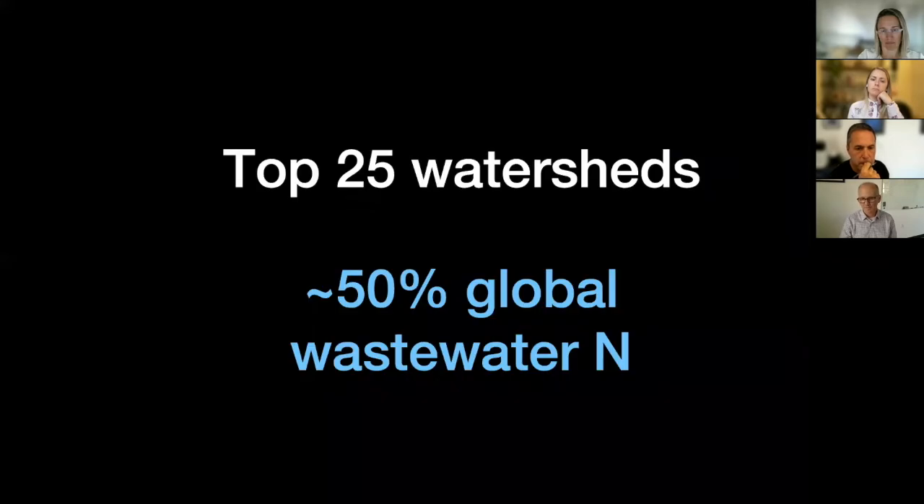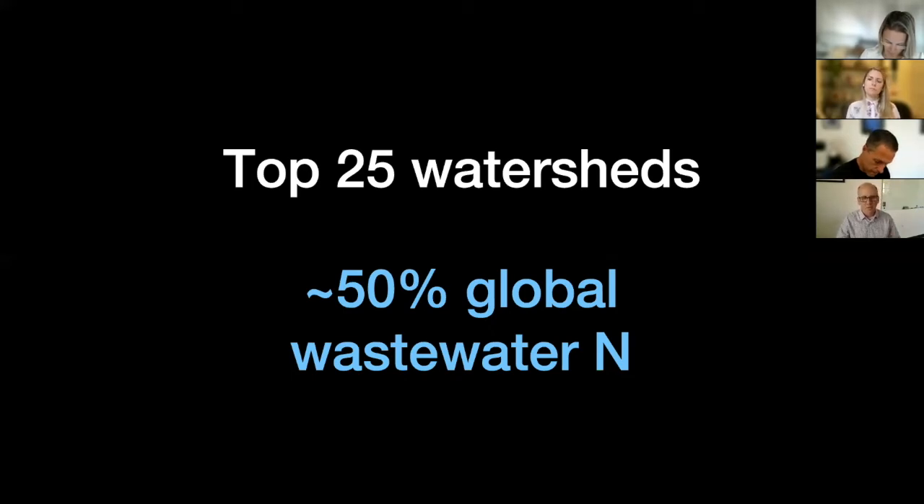And what we found is that just the top 25 watersheds contribute about half of all of global wastewater nitrogen. Again, these are the very large ones, so it's not a terribly surprising result, but it's a really important one that speaks to something that a lot of people who focus only on land-based conservation or only on ocean-based conservation overlook a lot: that what happens on land gets hyper-concentrated into a few places because of these very, very large